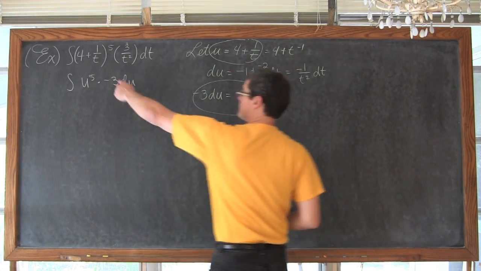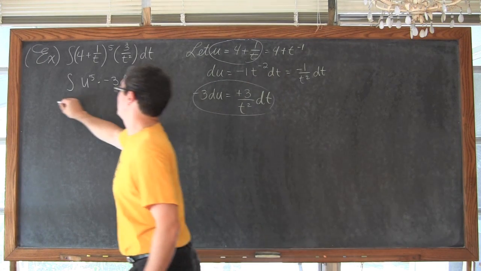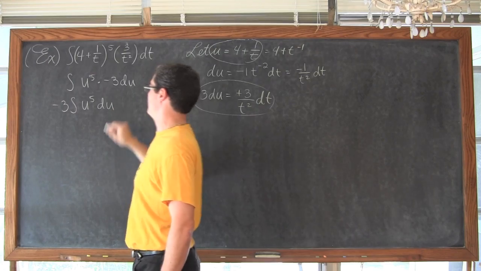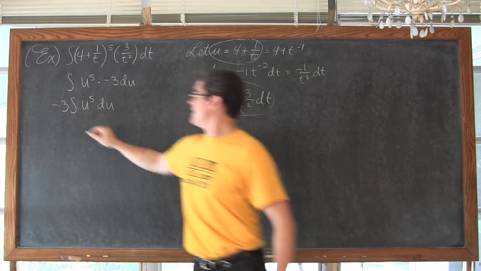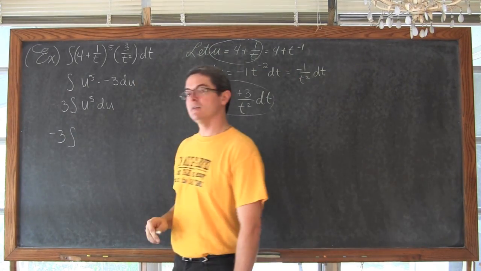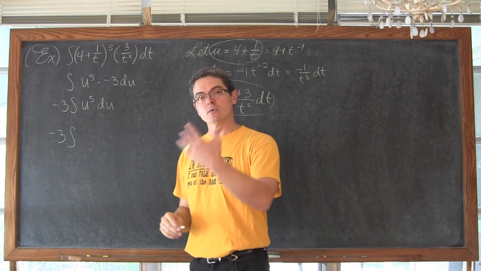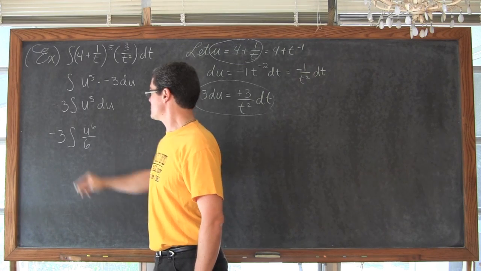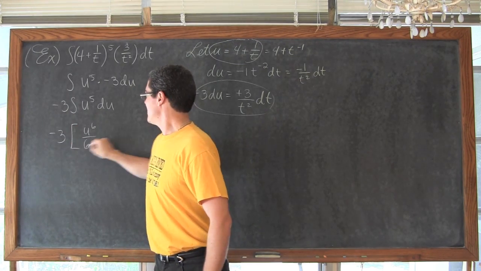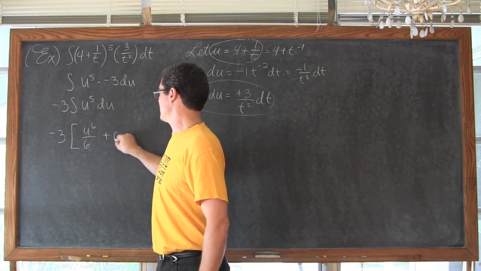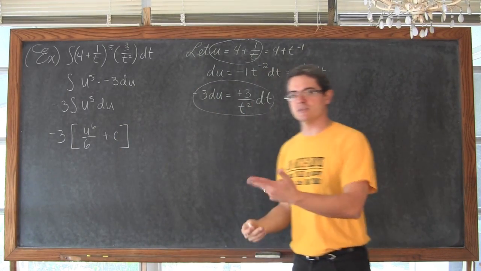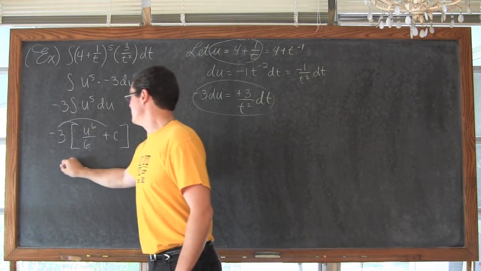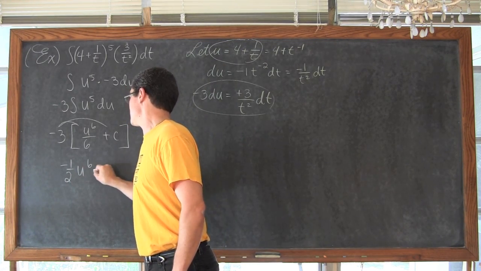Okay, so we're going to take that negative 3 and move it out front, and we have negative 3 integral of u to the 5th du. Okay, let's integrate that. We get negative 3 times the integral of, take that power, increase it by 1 and divide, so it'll be u to the 6 divided by 6, times, and then square bracket, and then the plus c. Because I am doing the integration process, I don't need that symbol. Then we're going to take that negative 3 and distribute,